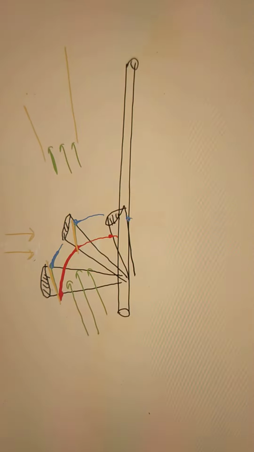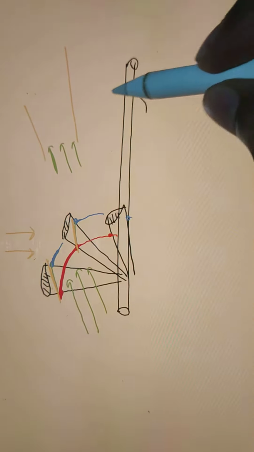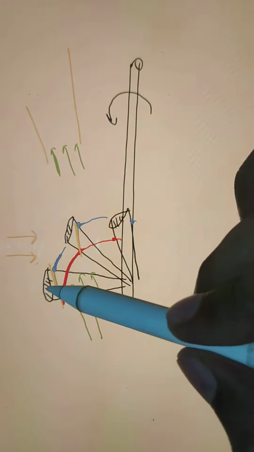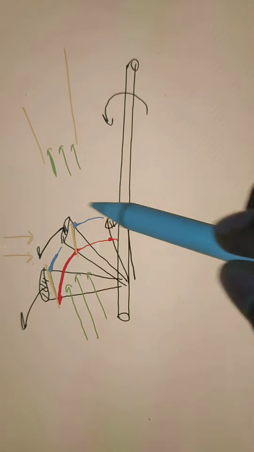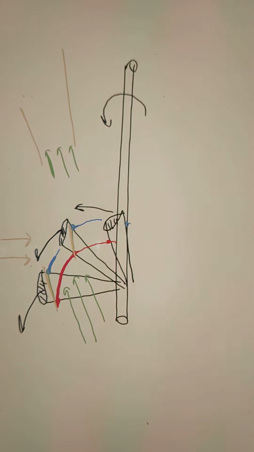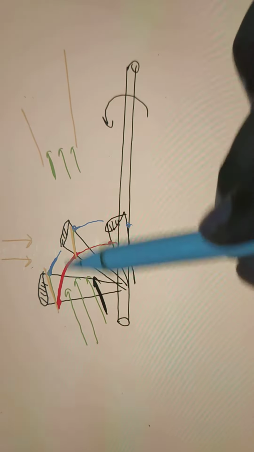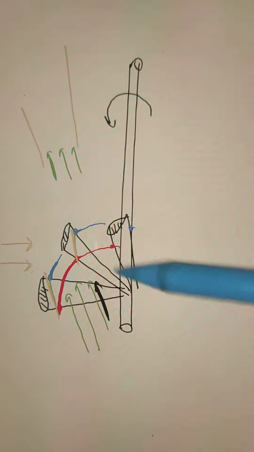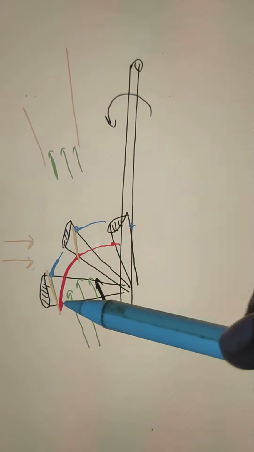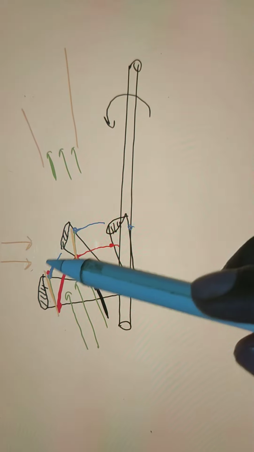What you are seeing here, this shaft will rotate like that. So all these rotor blades will have a tendency to go in that direction. Because of that, when the incoming flow enters the remaining passage here, you can see the front line, the red line, is my front line and the blue line is my backside line.